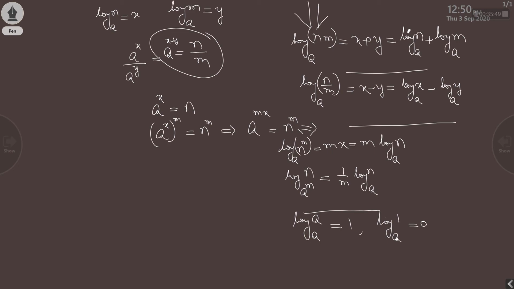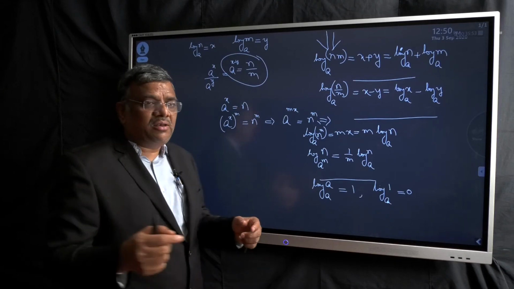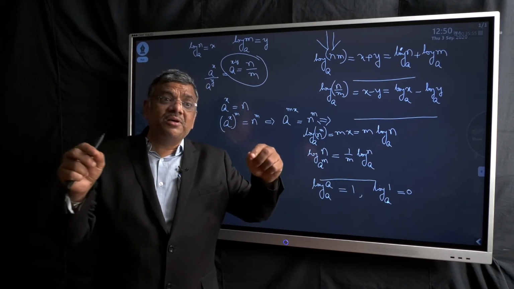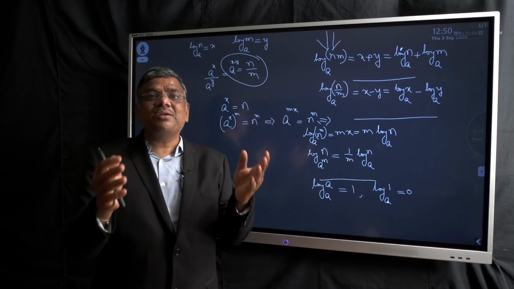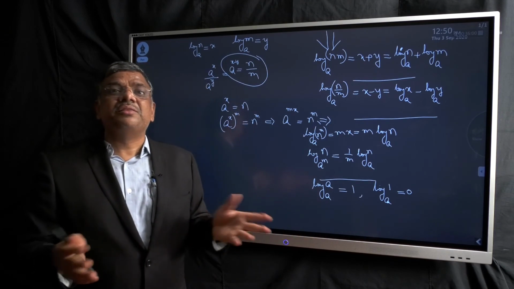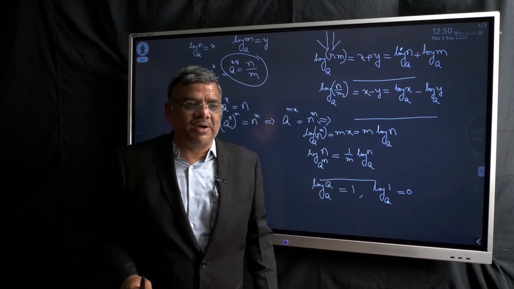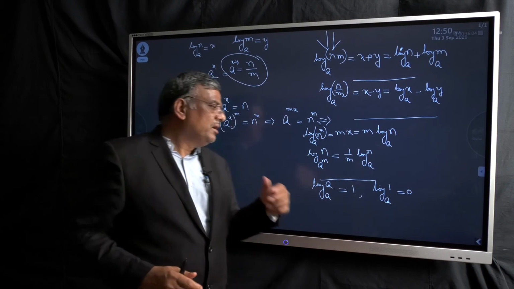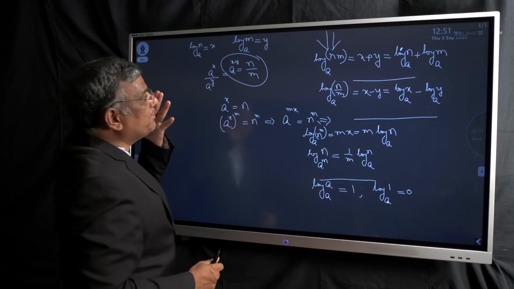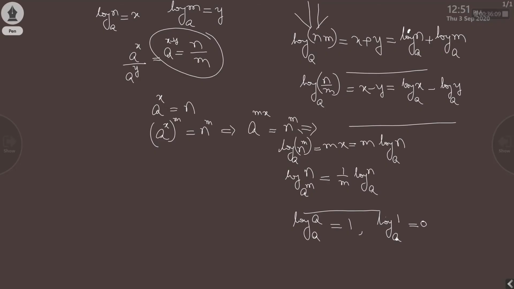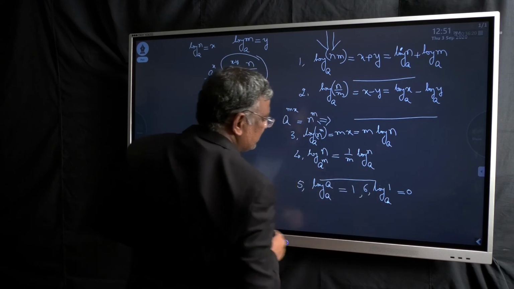We can make the properties. Let us discuss those properties, right? So first of all, we will finish the logarithms part, that is the theoretical part. Then after that we will go to the problem part, okay? So not only this, let us make the list of formulas. This is the first formula, this is the second formula, this is the third one, this is the fourth one, this is the fifth one, and this is the sixth one.